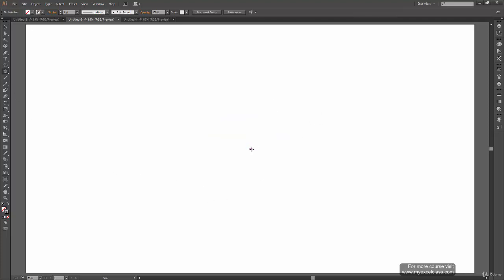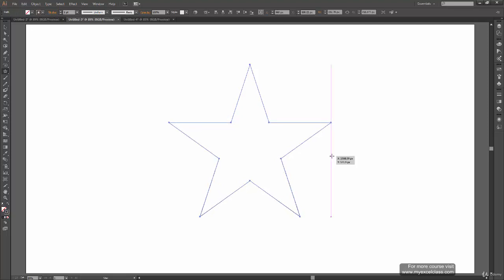So the next option key we have is the Alt key. So while drawing your star, when you press Alt key, you get this perfect star. So again, you can hold Shift to snap it to a certain angle, and when you feel like this star is okay, you can release your left click and both the keys.